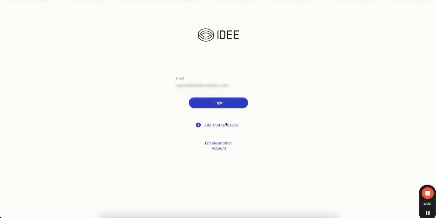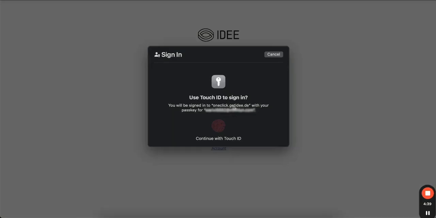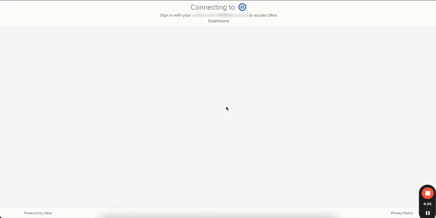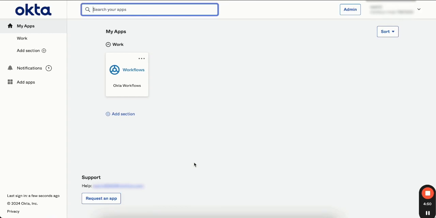So we're just logging into Okta, where we've been redirected to AuthN to log in. And the user just unlocks their device to authenticate and log in. And as you can see, this integration is working perfectly. The user is now logged in and authenticated with phish-proof